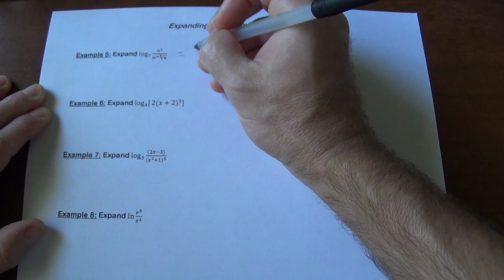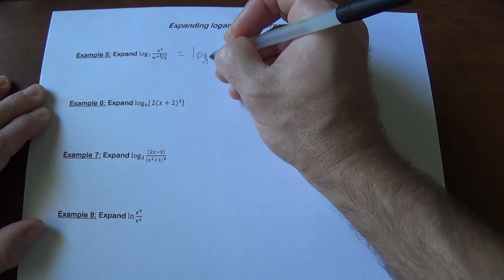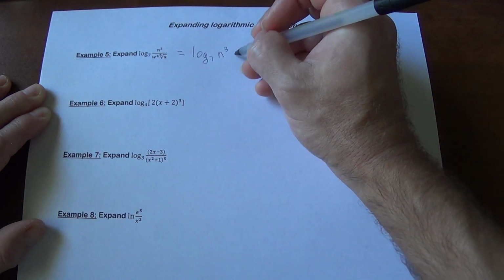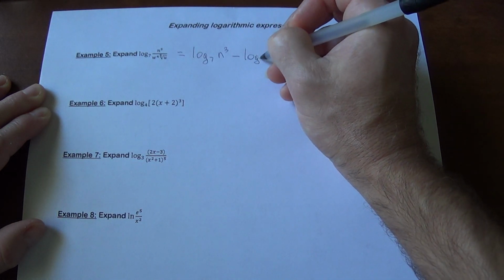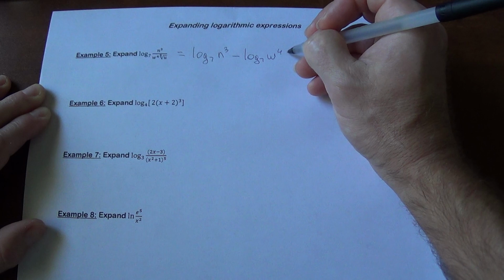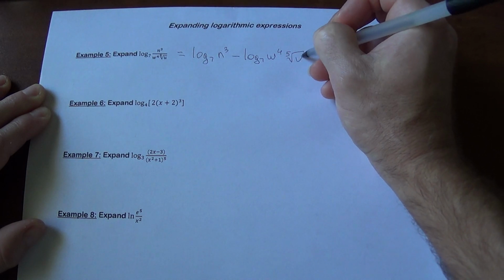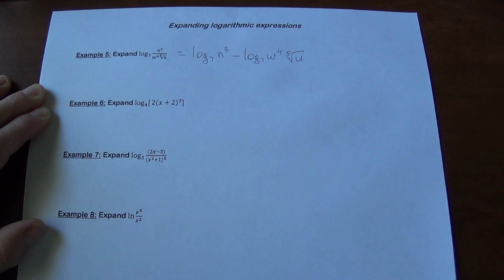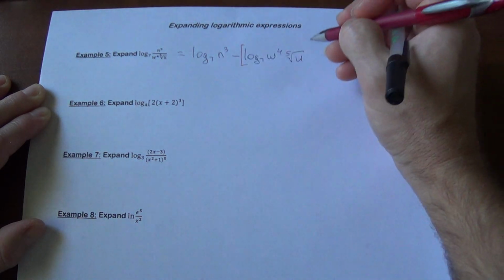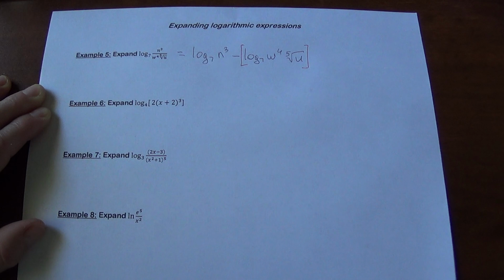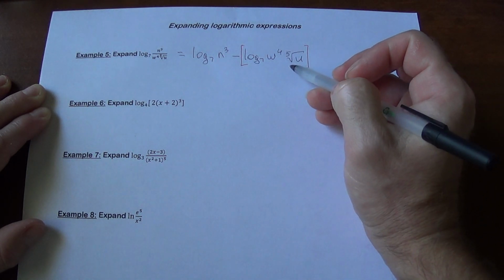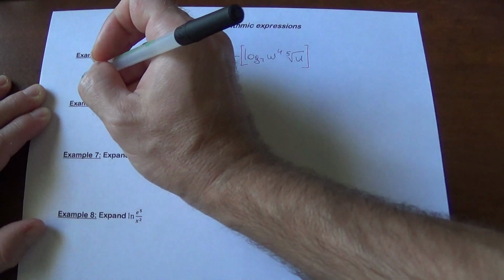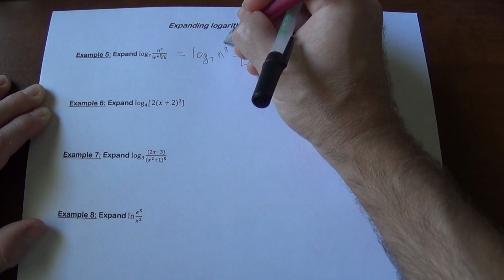So we're going to start by doing the following. Log base 7 of n cubed. First of all, we're going to break down the quotient. Minus log base 7 of w to the 4th times the 5th root of u. We do have a product here, and what I would suggest here, because we have a minus, you can do it when you have a plus as well, is to put it in the bracket so that you can do it correctly. With this one, we can take care of this 3